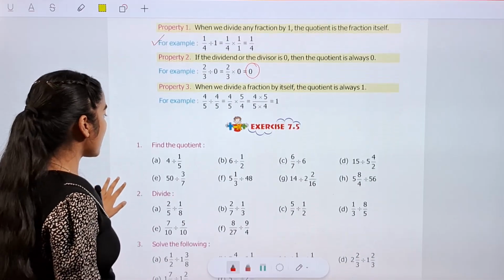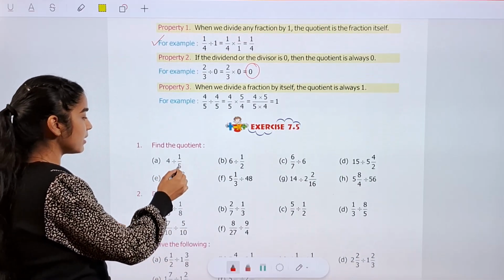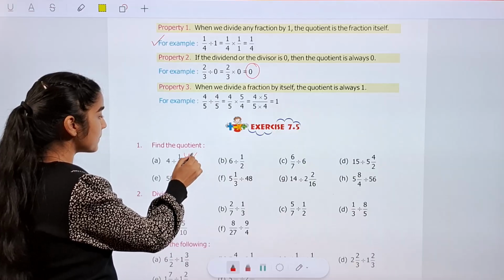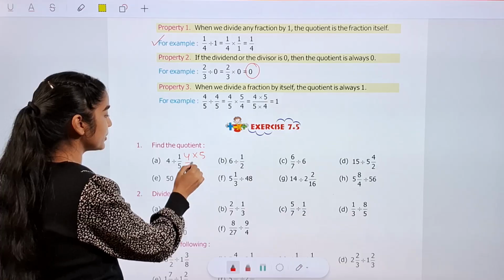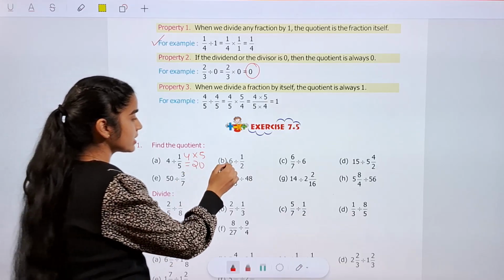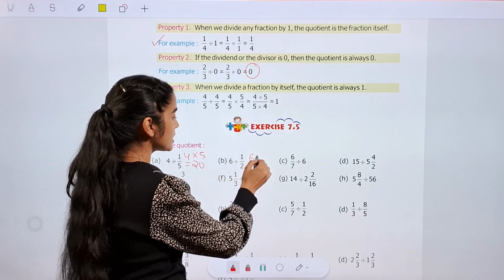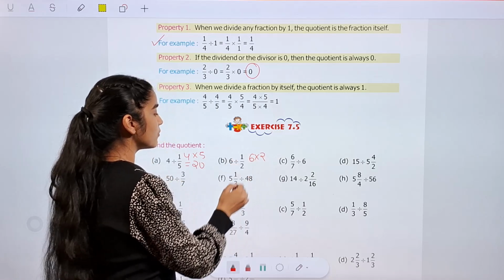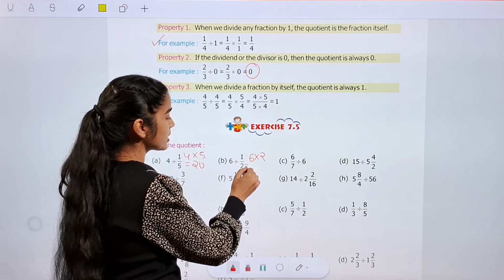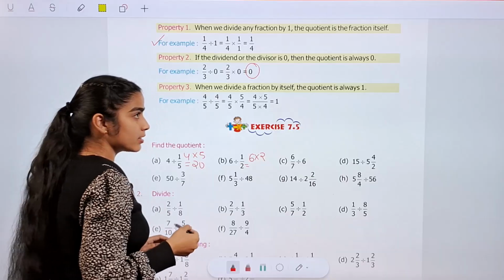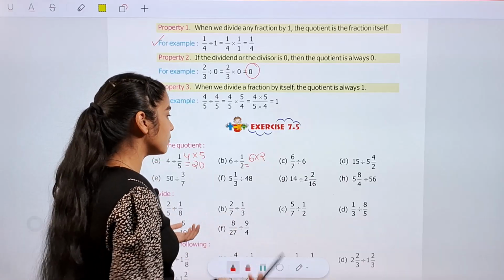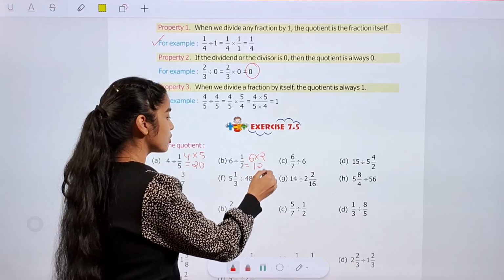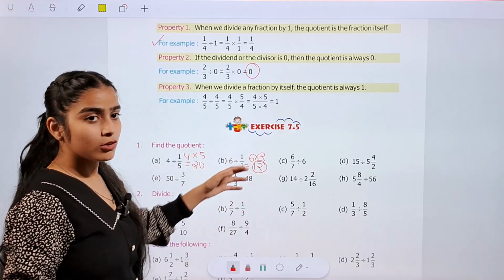So now we have to find out 4 divided by 1 by 5. It means 4 multiply 1 by 5 का reciprocal क्या होगा? 5. So our answer will be 20. Next, 6 divided by 1 by 2. It means 6 multiply by 2. The reciprocal of 1 by 2 is 2 by 1. You can skip the 1 part because it is self understood कि अगर उसके नीचे कुछ भी नहीं है तो उसके नीचे हमारा denominator 1 होगा. 6 multiply by 2 is 12. So in this manner you have to solve the rest of the questions.